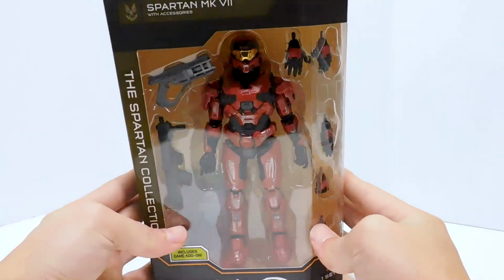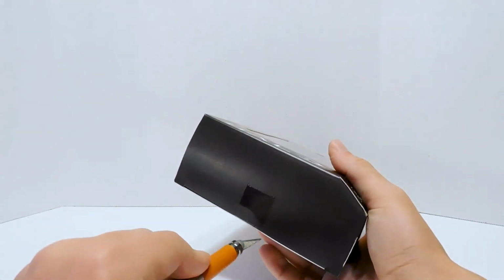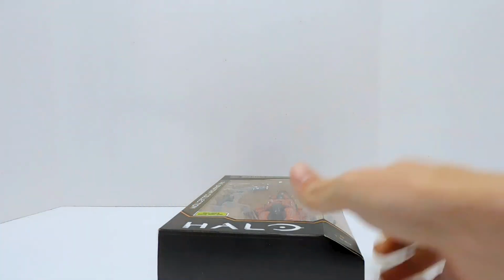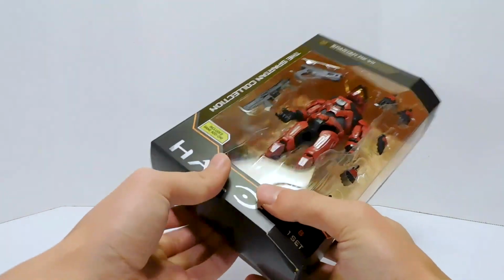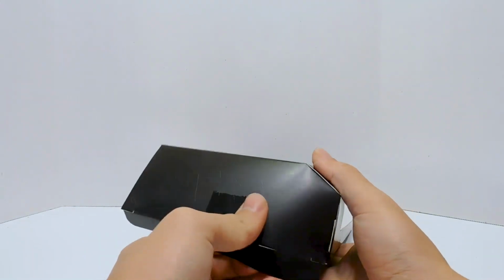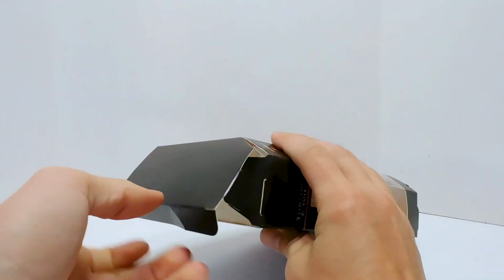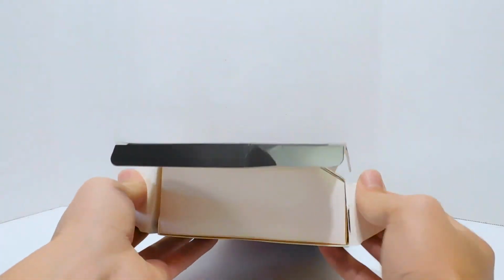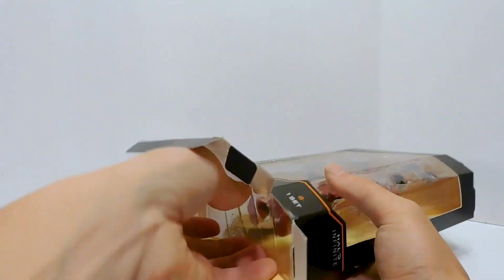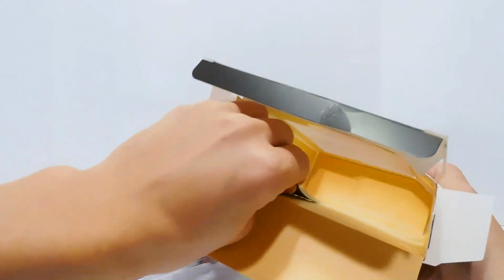So, let's go ahead and pop it open. I've got my little X-Acto knife. I'm just going to give it a little slice. I accidentally ripped the first box trying to get it open, so I'm going to be a little bit more careful this time around. I say that as I yank it really hard. Alrighty. He slides right out, and then the...